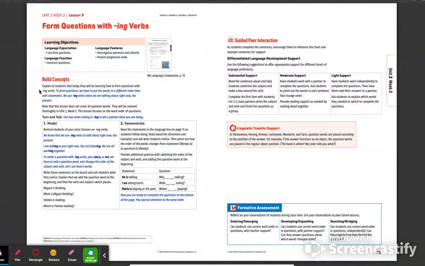stating the objective to students. I will add the why it's important that you know how to form questions. Brings up engagement. It also gives relevance and makes learning meaningful. And so I will add the why. So you will form questions today. This is important because